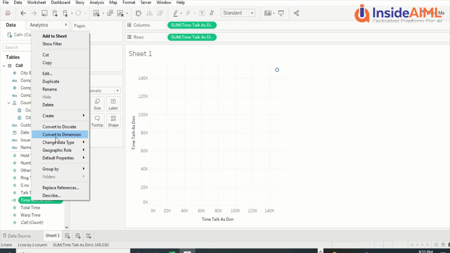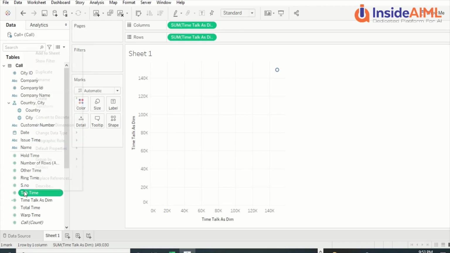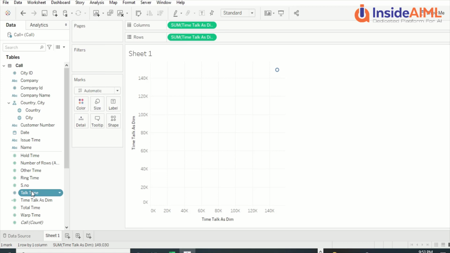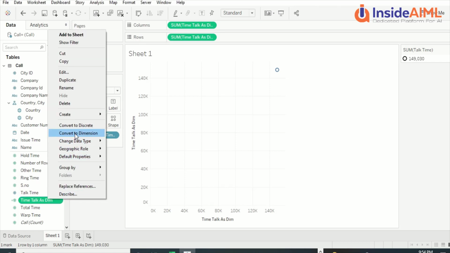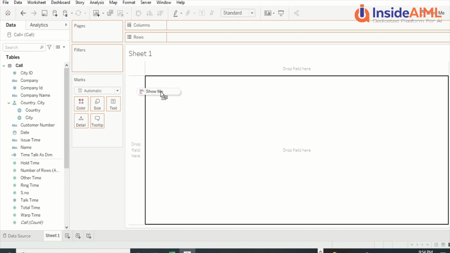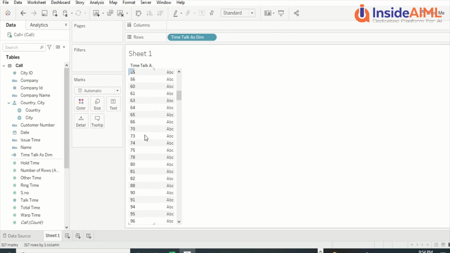Otherwise we may not be able to convert this. Let's see, for this we are getting the option convert to dimension, but if I go here, it should be convert to discrete. Once I convert it to discrete, let me plot it here. Discrete values will be shown, but I'm more interested in converting it into a dimension. Let me clean this off first, and let me create this as a dim. Now I'm expecting these discrete values to be shown here. This is what I wanted, to convert it into a dimension.